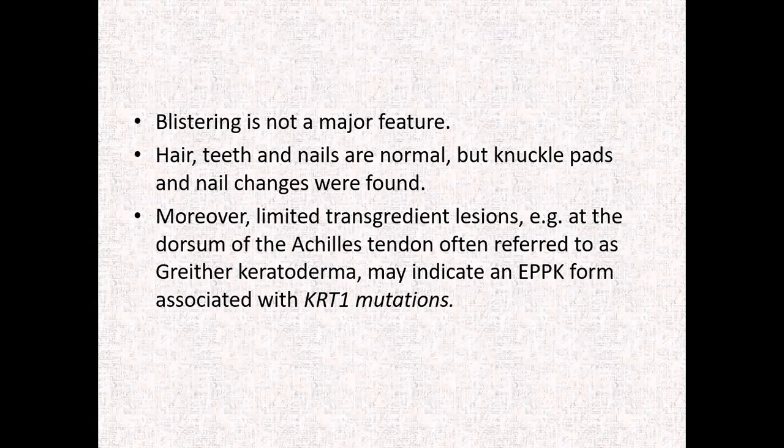Blistering is, however, not a major feature. Hair, teeth, and nails are normal, but knuckle pads and nail changes were found, which are, of course, not significant. Moreover, limited transgradient lesions, for example on the Achilles tendon, may be referred to as Greither's keratoderma. Otherwise, epidermolytic palmoplantar keratoderma is not characterized by any transgradient lesion, but sometimes transgradient lesions like on the Achilles tendon